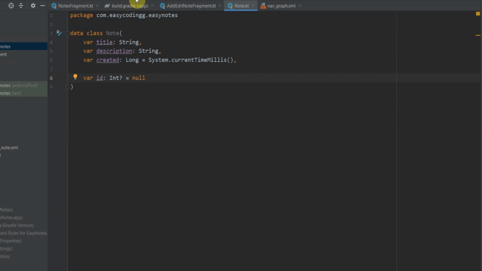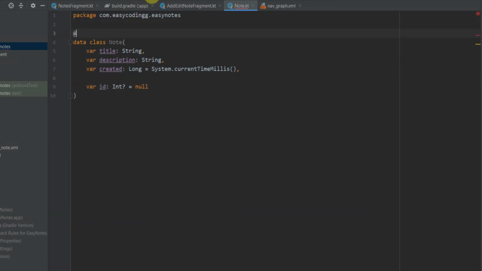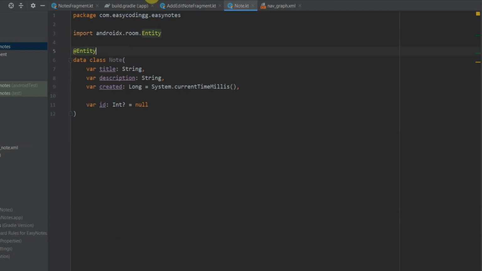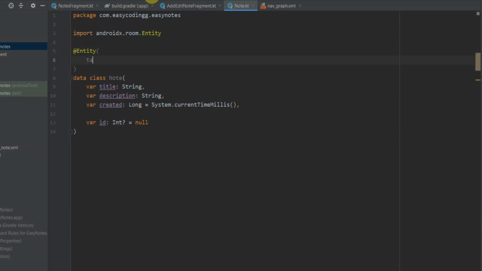Now we want to tell Room that we want a table of this class in our database. So we need to annotate our class with @Entity, and give a table name, and it will be just notes_table. That's it.